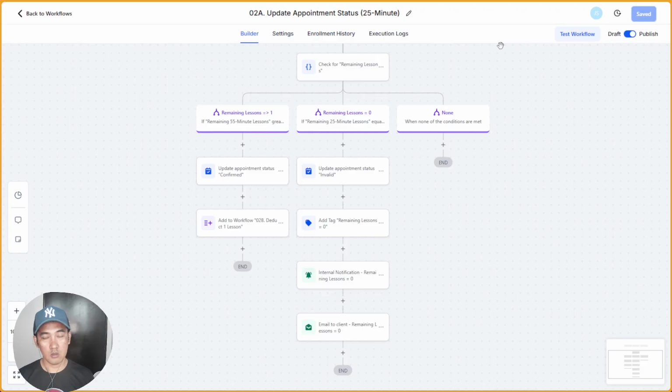If they don't, it will send an email to the client and an internal notification to the team, just to remind the client that they have 0 remaining lessons and they need to avail of the packages on the store. And moving on.